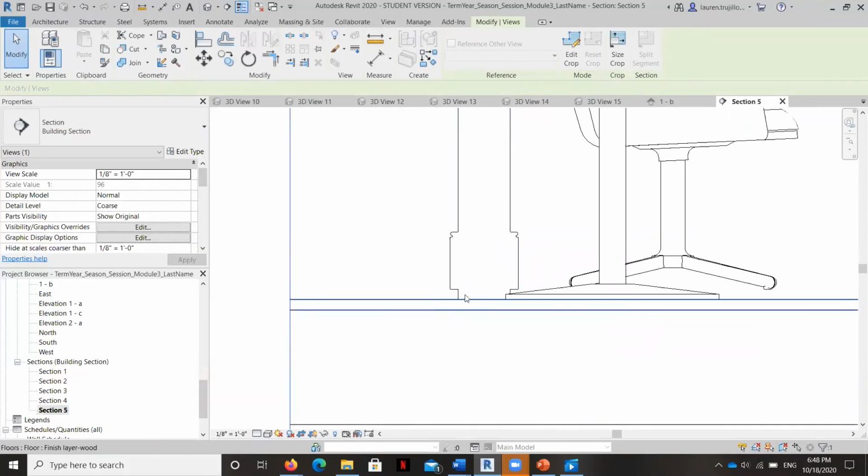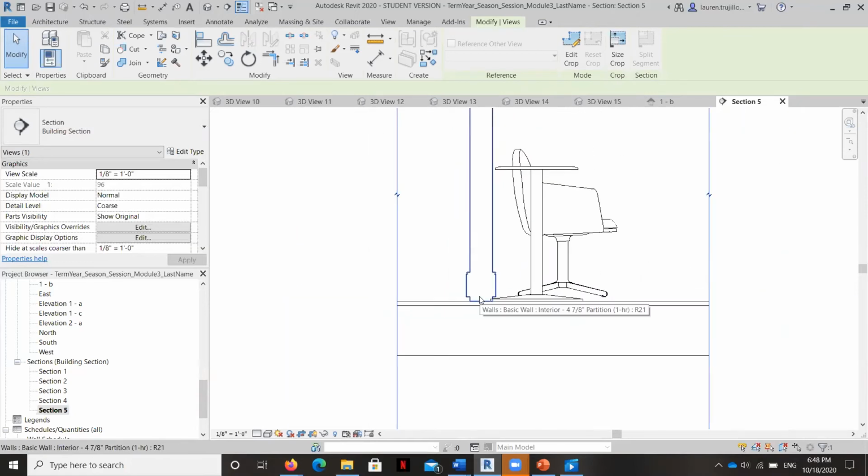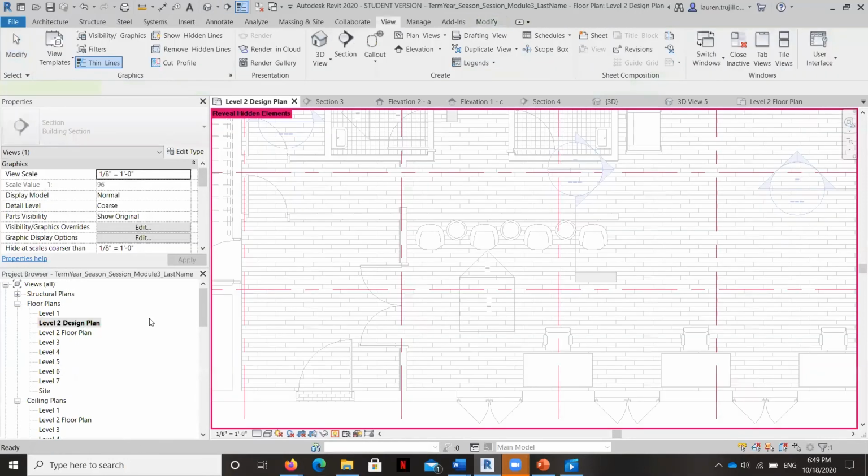Now, my question is this: it's floating, and that's a really simple fix. It looks like in this case, the flooring is going under the walls. And that was because, in this area, we can look at it from the design plan.